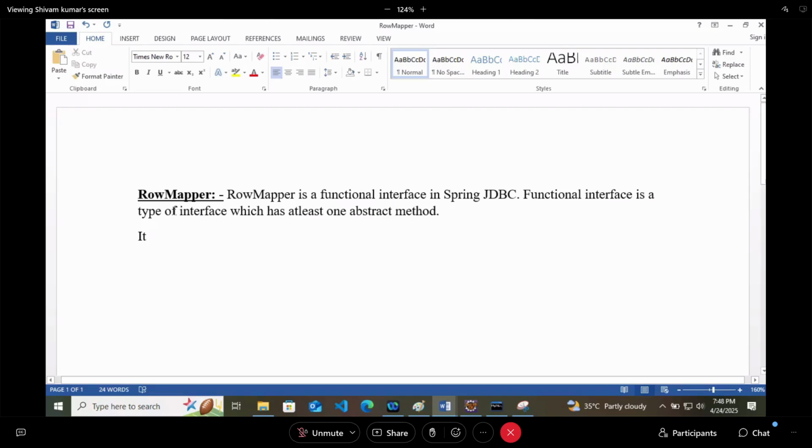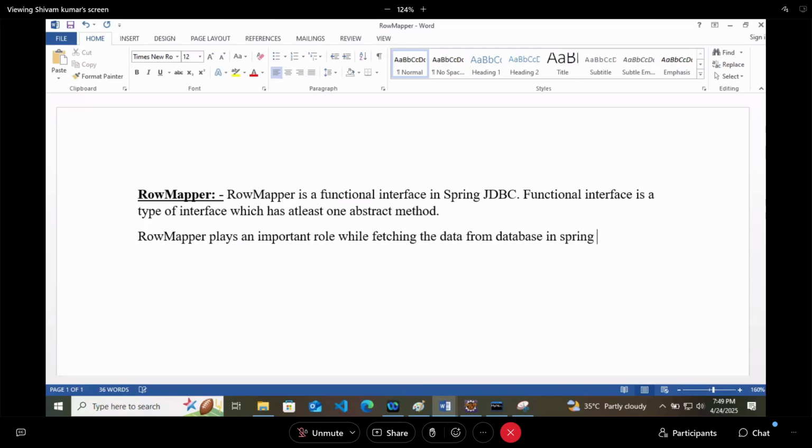Let's understand what we are seeing. Functional interface is a type of interface which has at least one abstract method. Row mapper is very important, or you can say row mapper plays an important role while fetching the data from database in Spring JDBC.